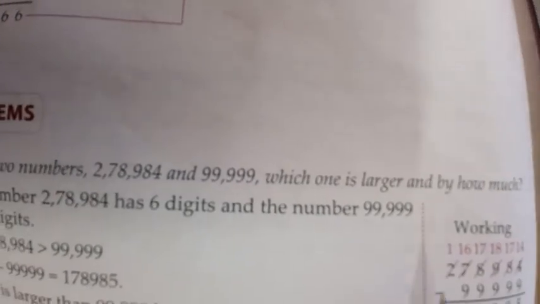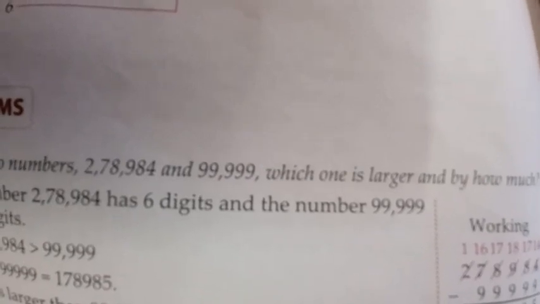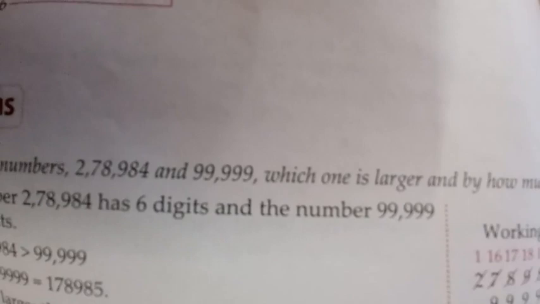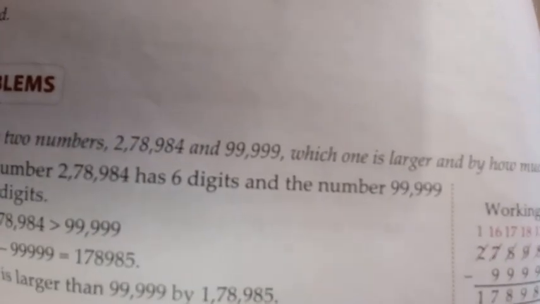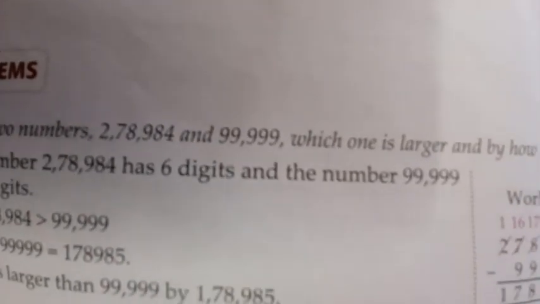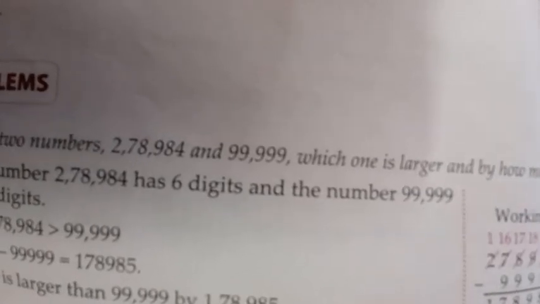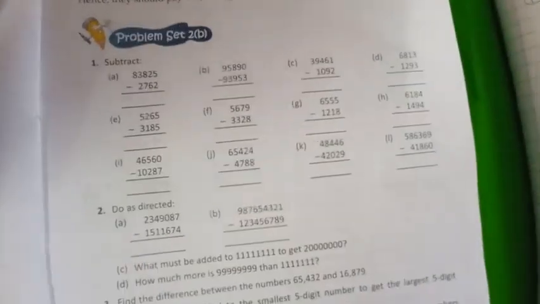But by how much is it larger? For this case you have to subtract 99,999 from 2,78,984. So after doing the subtraction, whatever result you get, that is how much larger it is than 99,999, by 1,78,985. Okay, so this way you have to solve. Okay, the second question is our